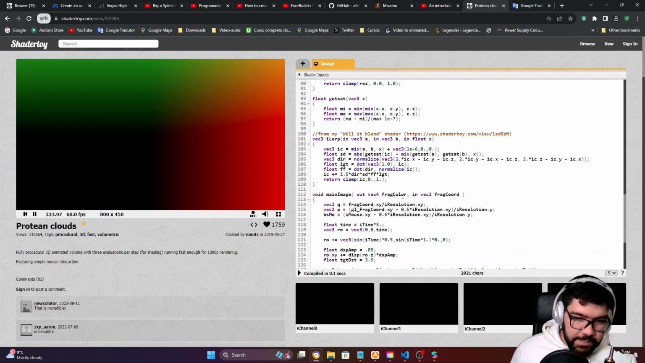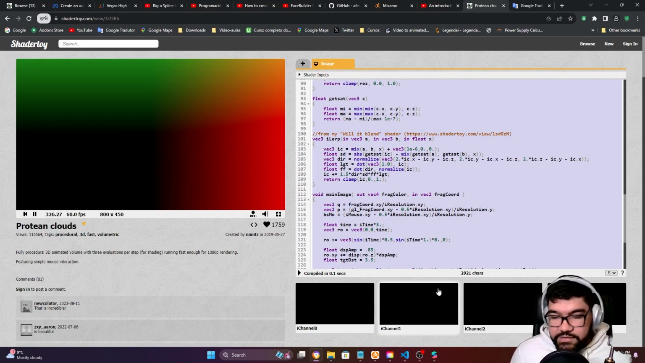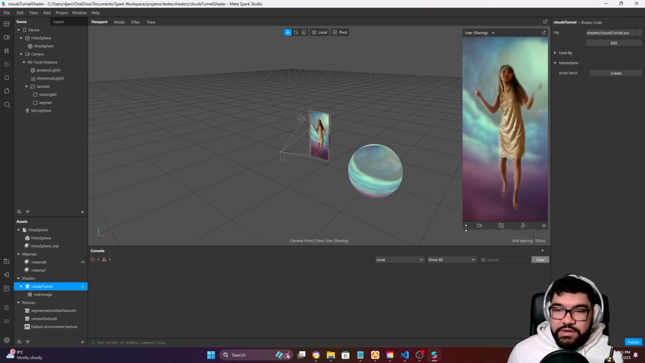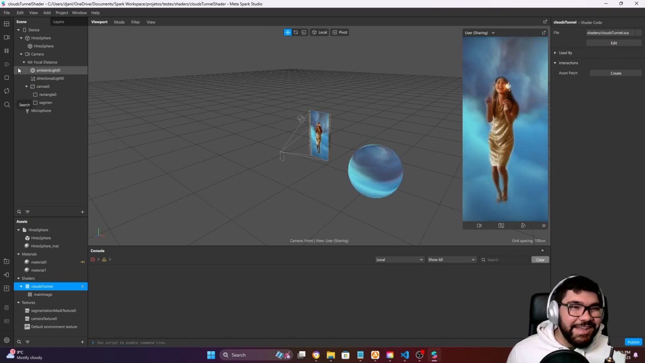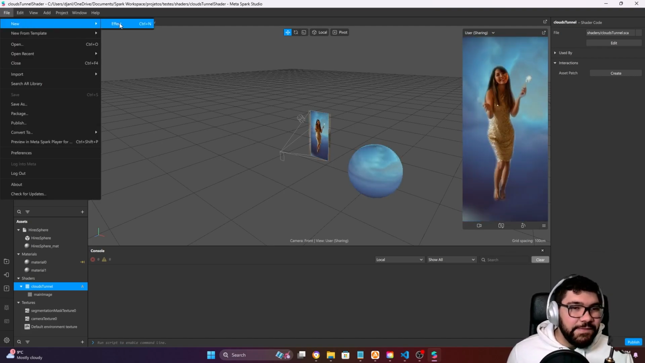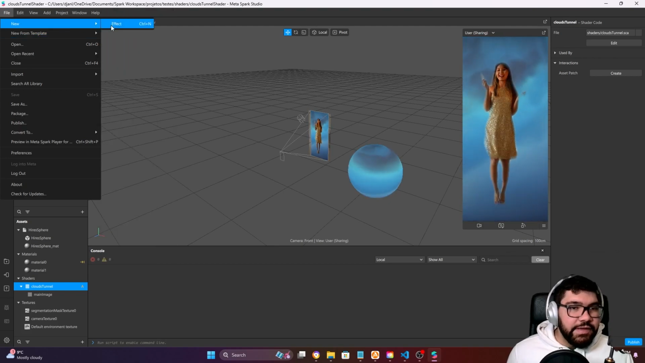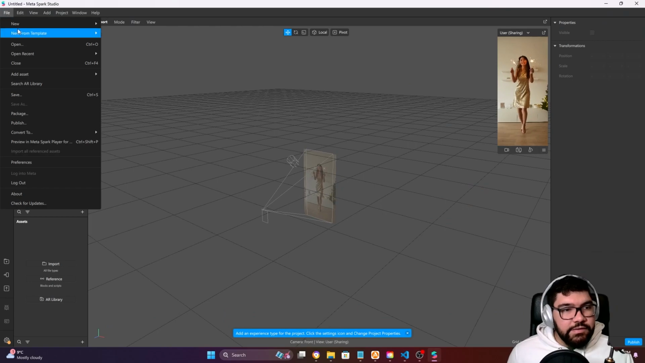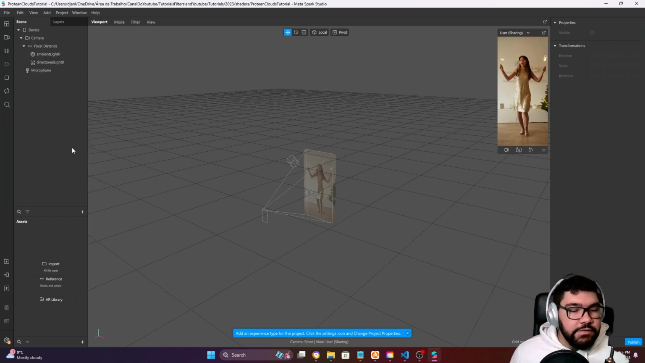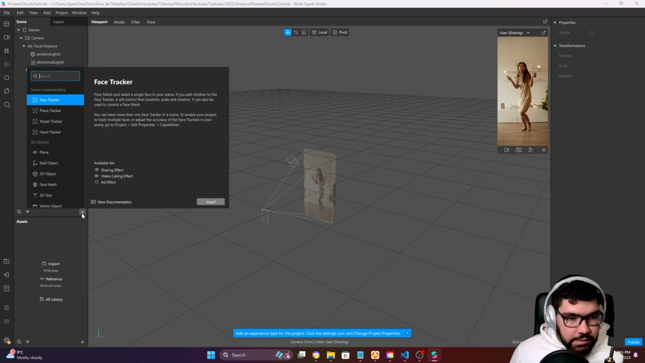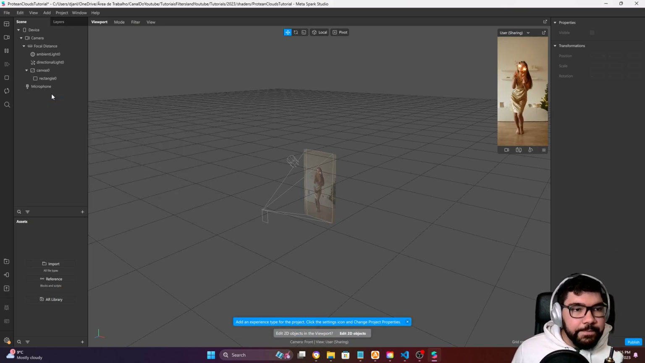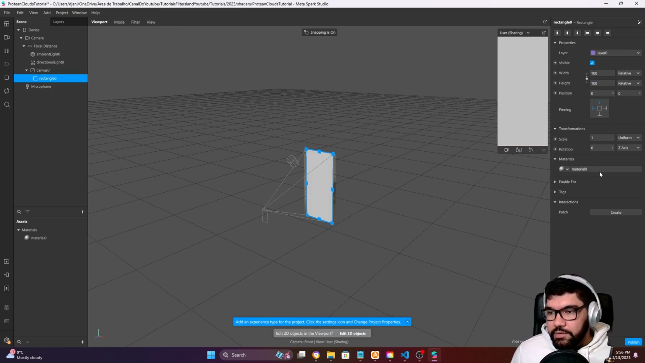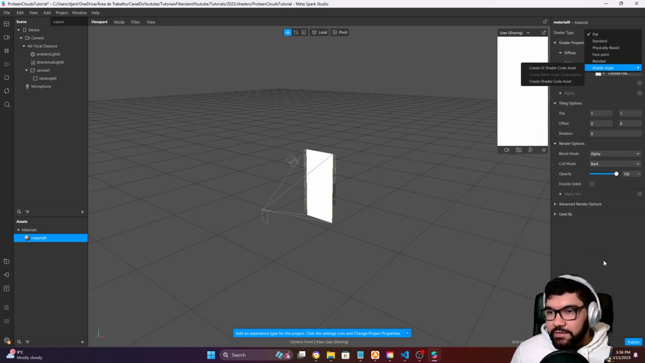Let's copy everything, Control A, Control C. Let's open Spark. Oh, I already converted it here. That's spoilers. So let's create a new one, new effect, and let's save it. Okay, saved here, new project. Let's add a rectangle, create a new material, shader type flat,